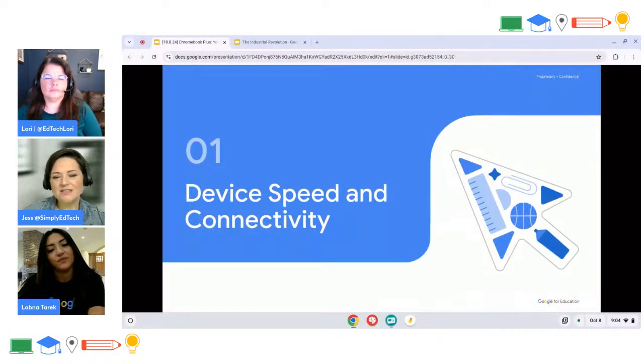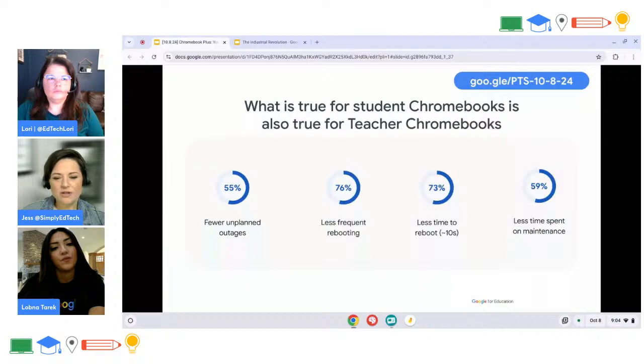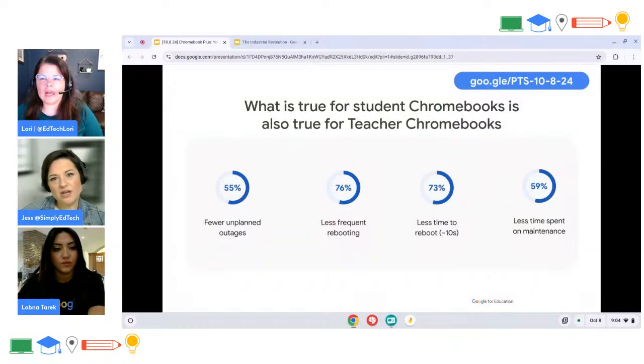So just a touch on device speed and connectivity. If you've been using Chromebooks a while, you're going to see that the Chromebook device has really elevated from a student-focused device to now a whole classroom solution, focused for educator use and student use. We have 55% fewer unplanned outages with Chromebooks. We see far less frequent